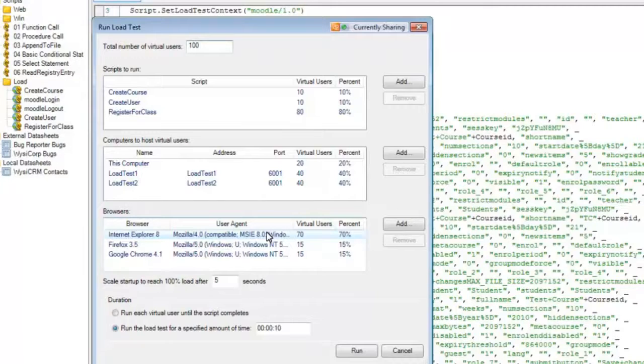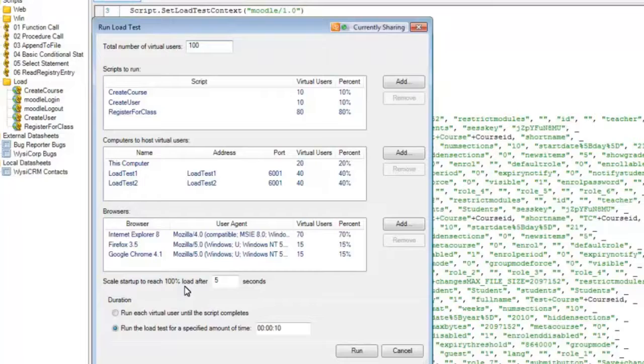And we've got a bunch of built-in constants that you can put in here as well. Or you can set them programmatically in your script. A lot of times you want to put in some delay before all the users show up. So it might be a little shocking to your server to have 500 users show up all at the same time and instantly start doing something. So you can put in some lag so that the server sees a slow load or